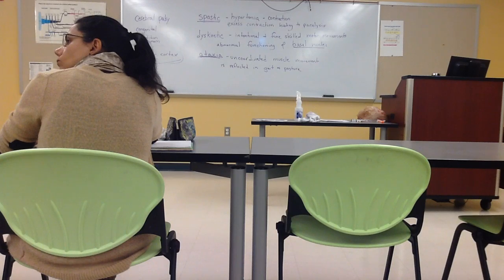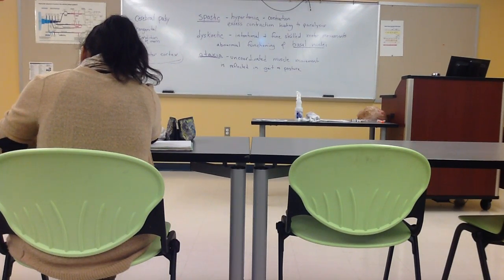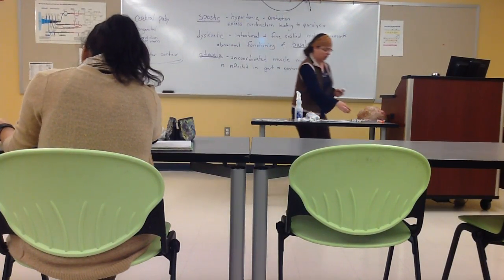All right? So in ALS, both of those are damaged, like the upper motor neuron and the lower motor neuron? Right. So then if we're talking about amyotrophic lateral sclerosis, which is also called Lou Gehrig's